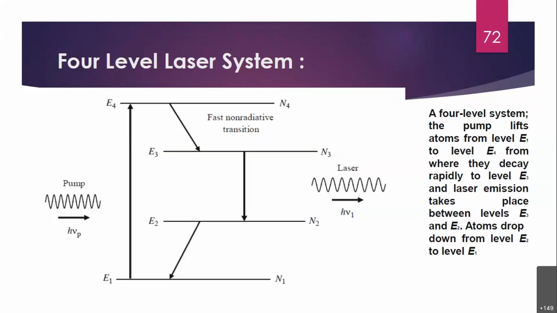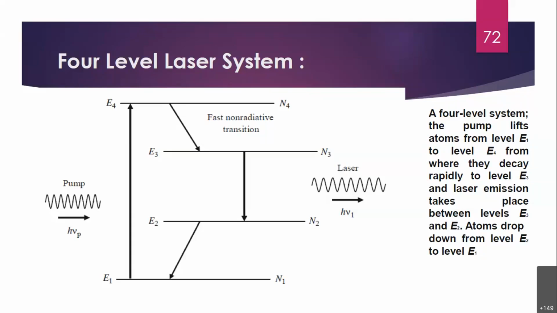Yeah, that is correct. Either of them is possible, but the main thing is the lifetime of the upper level, which plays the important role. Whatever the upper level, the very excited level, has very little lifetime, and that is why you are not able to generate laser light from that. Of course, you cannot deny that probability.